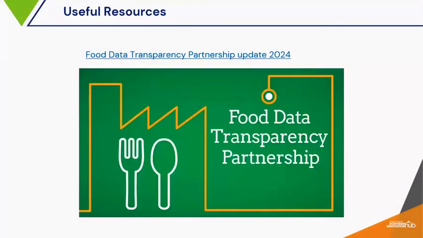And the last one updated recently is the Food Data Transparency Partnership that aims to provide environmental sustainability and healthiness of food and drink through better and more transparent food data. This is a collaboration between government, industry, academia and civil society to develop consistent, defined metrics to measure the environmental sustainability. So the main goal is that, and to improve the availability, quality, and comparability of data in the food supply chain. And they have 2 working groups